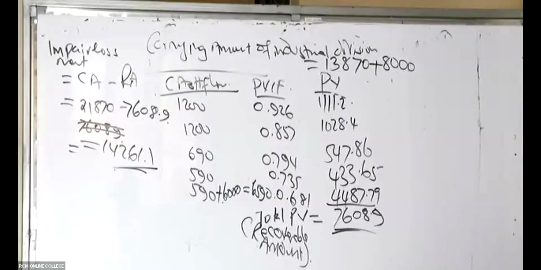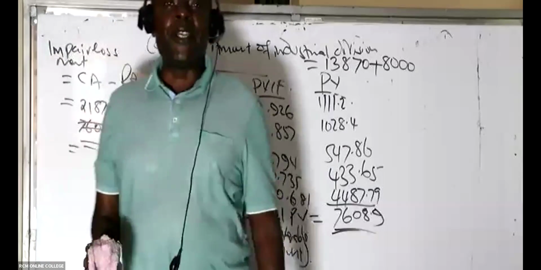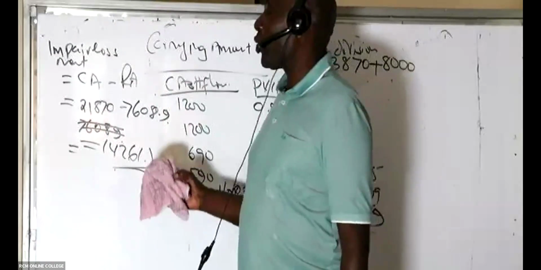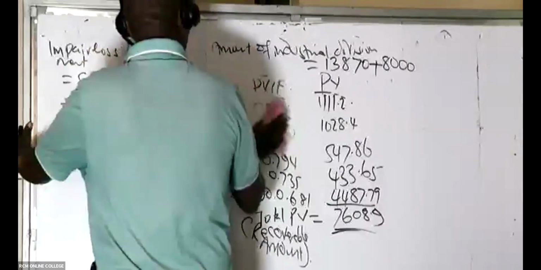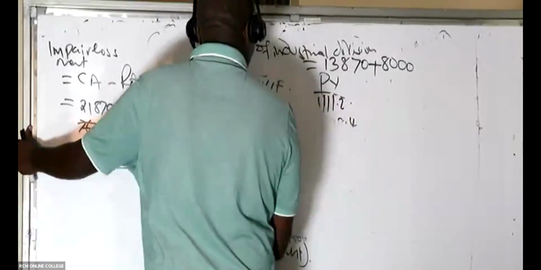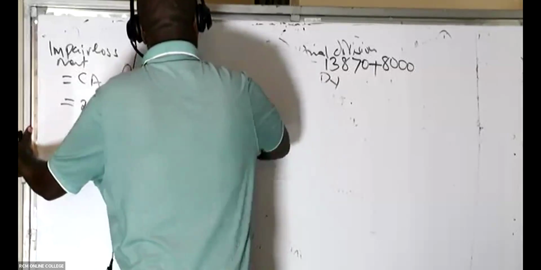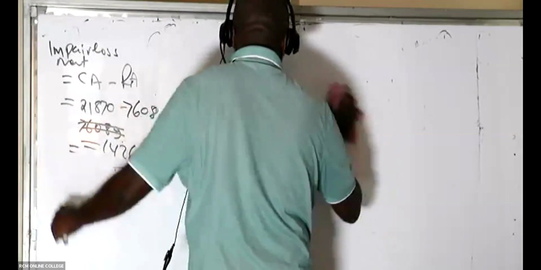So when I come to tomorrow's session, I'll teach you how to get the impairment loss for this other division. This other division has something very interesting: the concept of perpetuity, infinity. Is there anybody who is able to tell us something whenever they hear that language, either in AFR or AFM, being used? Perpetuity.